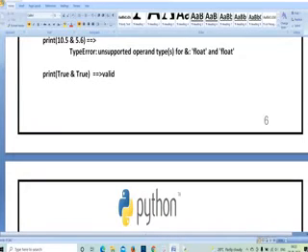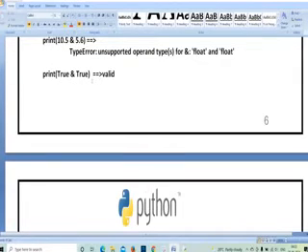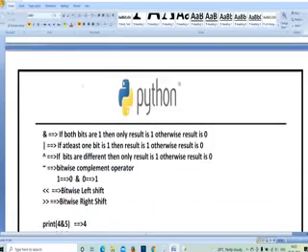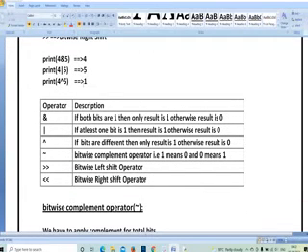Next, here you can see print true and true, both are same, both are strings only, both have four characters, so you are going to get true. For example, if you write print true and false, true is four characters, false is five characters, so both are different values, so you are going to get invalid, isn't it? So these are the bitwise operators. Now in this table we can know how you are going to get the result.